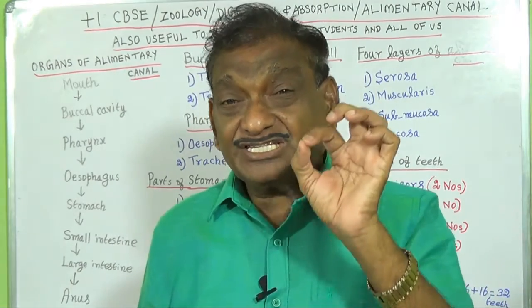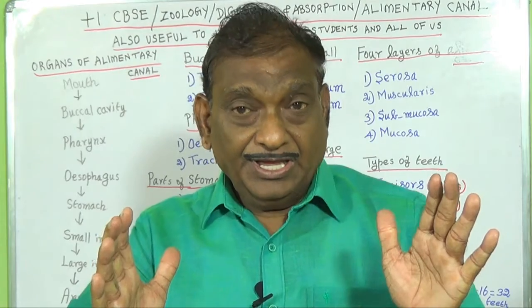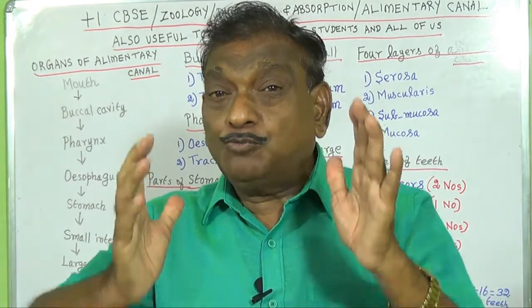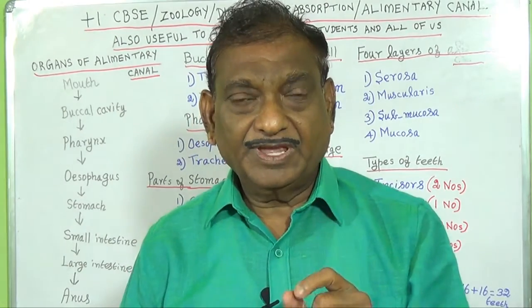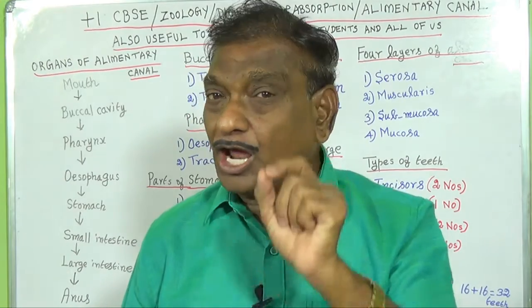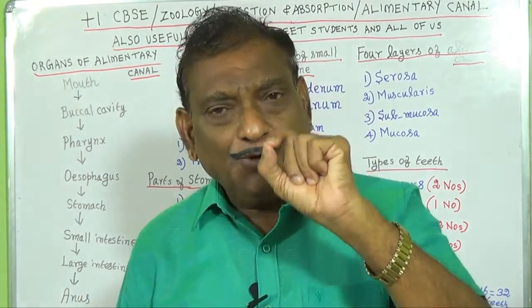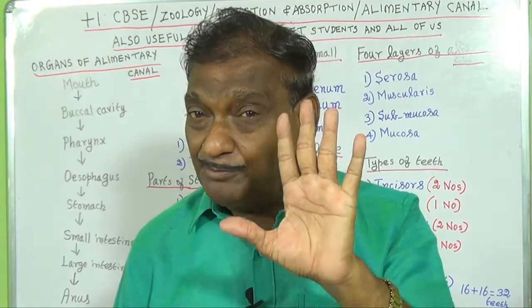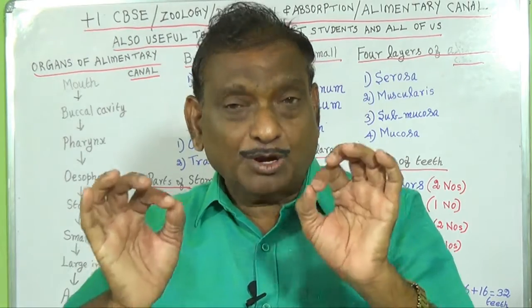In incisors, there are two numbers. In canine, there is only one number. In premolars, there are two numbers. In molars, there are three numbers. So the dental formula is